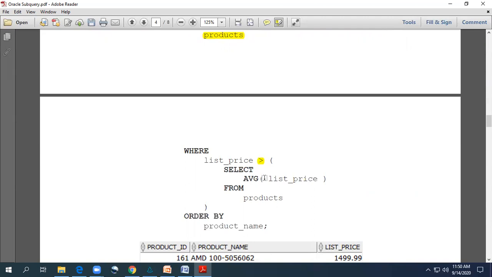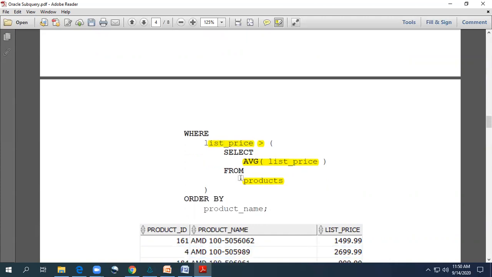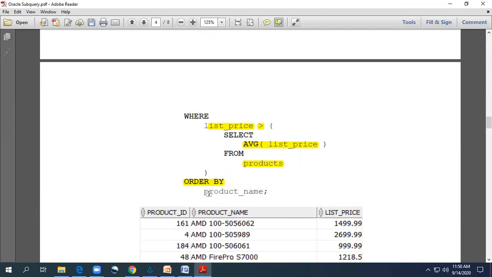So select average list price from products. This subquery will return the average list price from the table, and that we are matching with the list price of all the products in the product table. And this is part of the solution. One more thing is added here: the use of the order by clause. I want to display the result in ascending order of the product name.